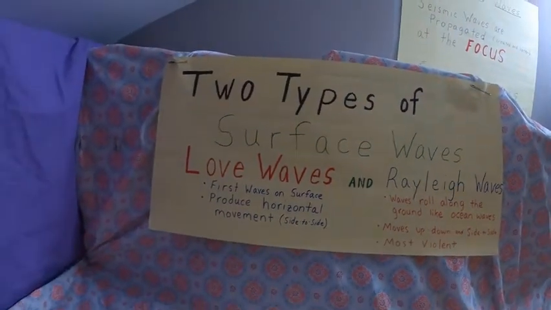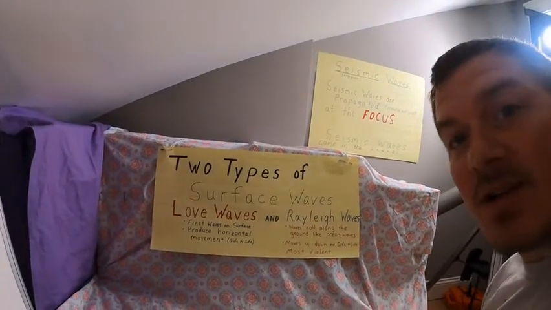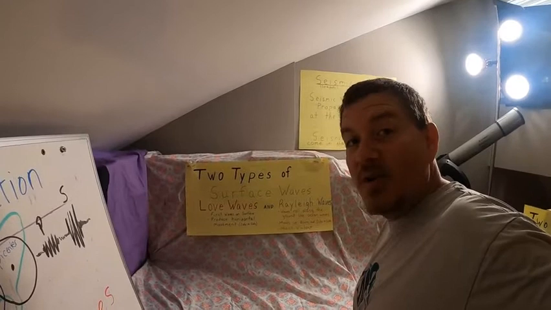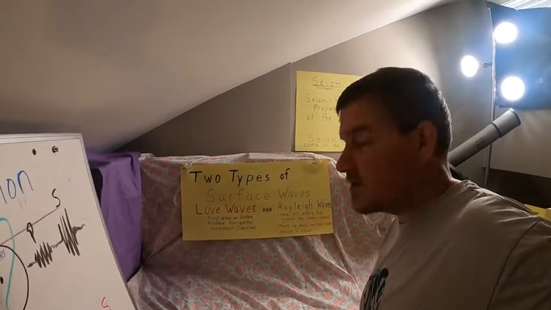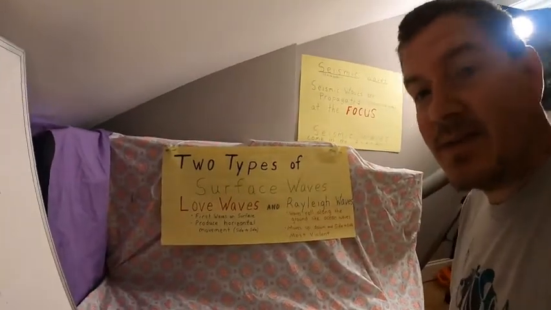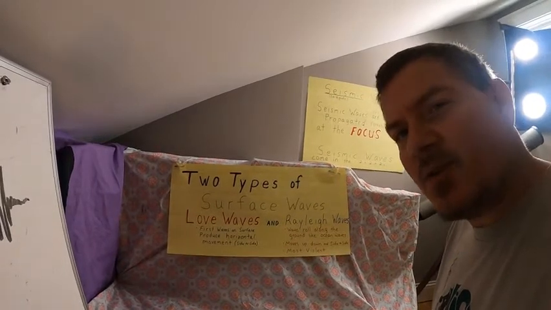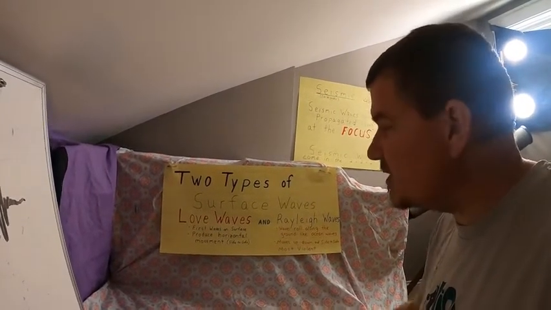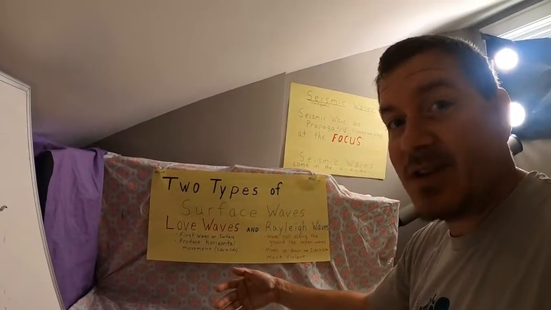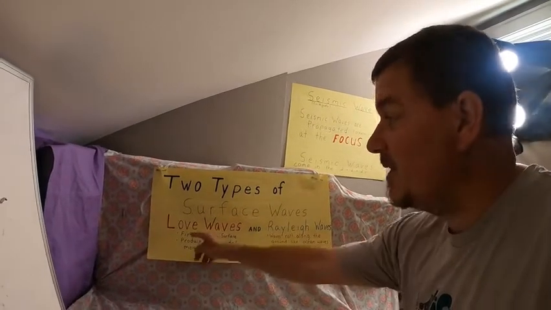So as these body waves reach the surface and can start to cause parts of the surface to move, they're going to move based on the types of surface waves. So love waves. Love waves are the first waves to arrive on the surface. So what type of body wave do you think would turn into a love wave? The P waves were the first to arrive at the surface, so they turn into surface waves and become love